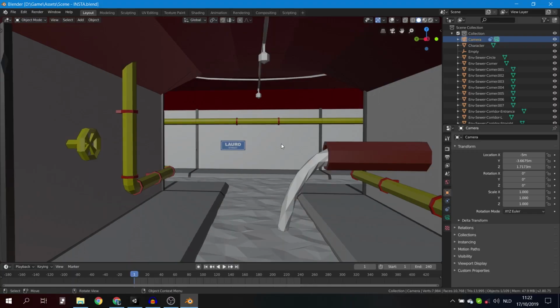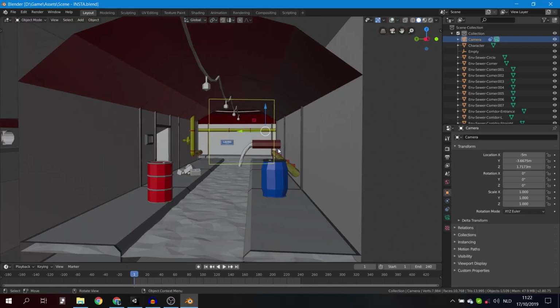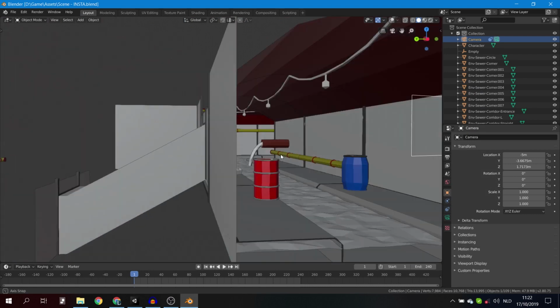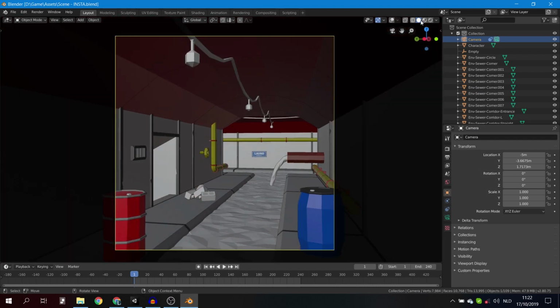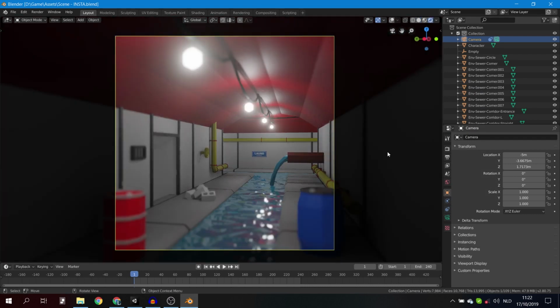So this is the little scene I made in Blender. It's not that big. And then I rendered it with the Eevee render engine. I got this result and I was quite happy with it. I decided to post that picture on my Instagram since I hadn't posted there anything for a long time. Definitely follow me there, because if I got some more eye candy of the game, that's the first place where you will see it.